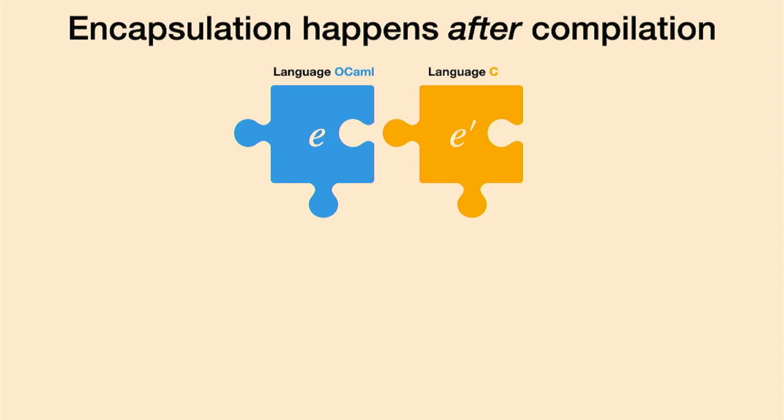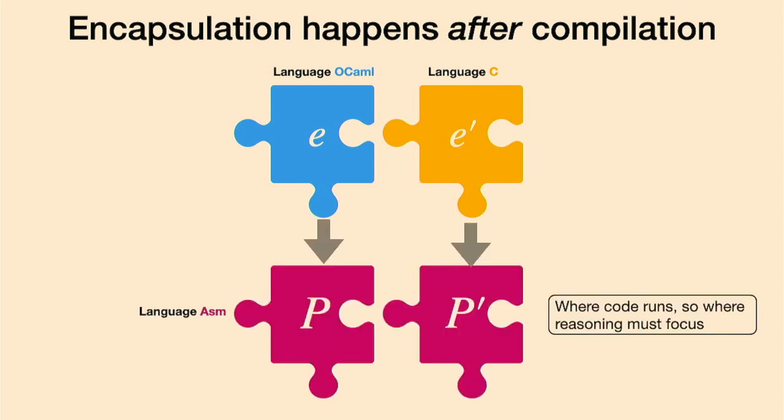exist, right? We can write it down on paper, but what actually happens is that both get compiled down, and like I said, there are more complicated versions of this picture. This is one of them, right? They can get compiled down into some common target. There's some place where there actually are calls going back and forth. At some point, control has to switch from a stack of code that came from this language to a stack of code that came from this language, right? At this point, we have some commonality, and this is the point where we're actually bouncing between languages. And so this is the point where we have to at least pay a little bit of focus there.